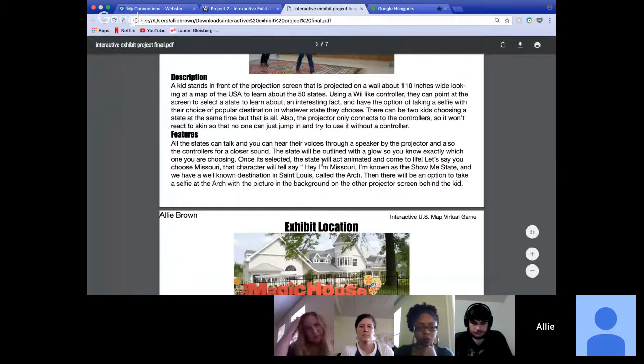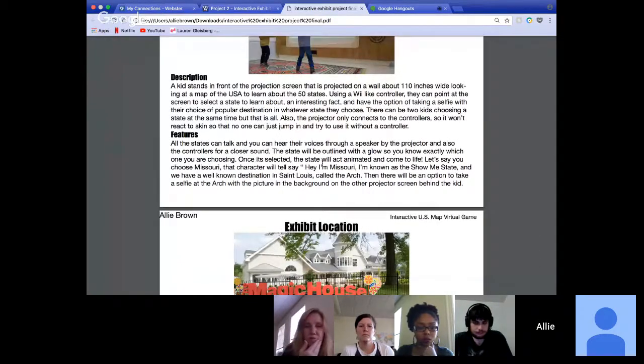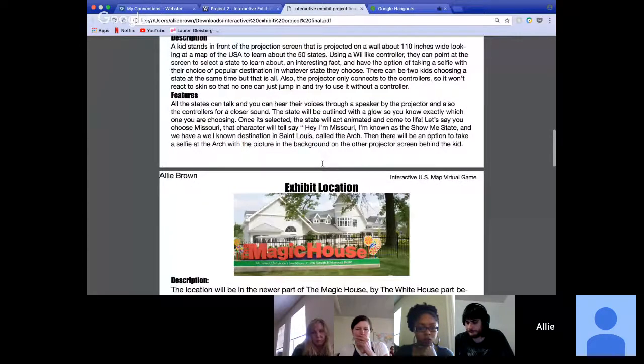The states will be animated, and they'll talk to you and say, "Hey, I'm Missouri. I'm known as the Show Me State." And then we have a well-known destination in St. Louis called the Arch, and there'll be an option to take a selfie with the Arch, with a picture in the background on the other projector screen behind, which I'll get to.